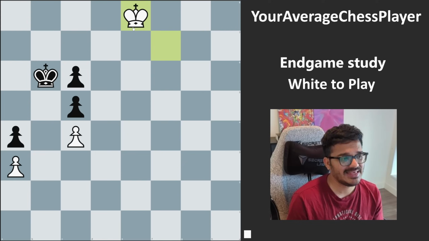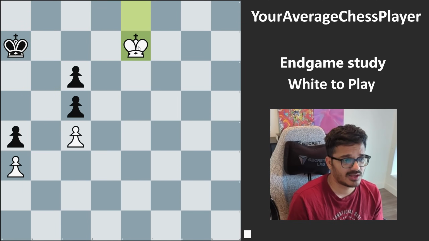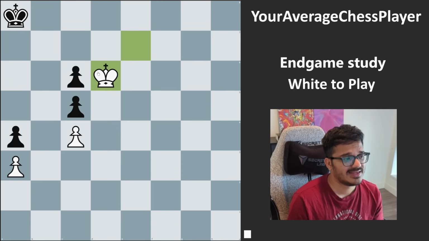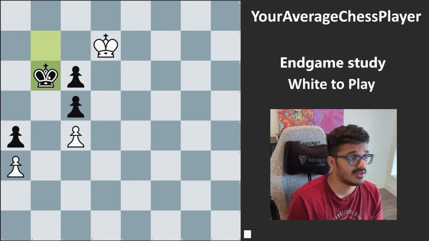Instead, we play king e8. And whatever black plays, black will still lose here. After king a7, not king d8 or king d7, because that will result in a loss of the opposition. We play king e7, maintaining the odd number of squares. After king a8, king d6, attacking this pawn, king b7 and king d7, king b6,